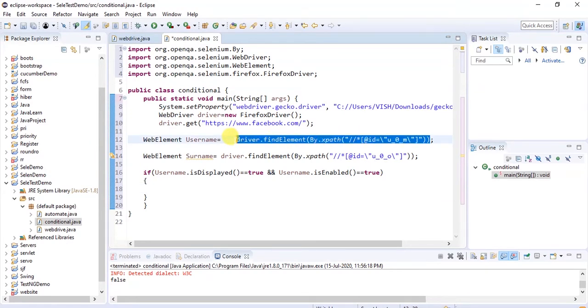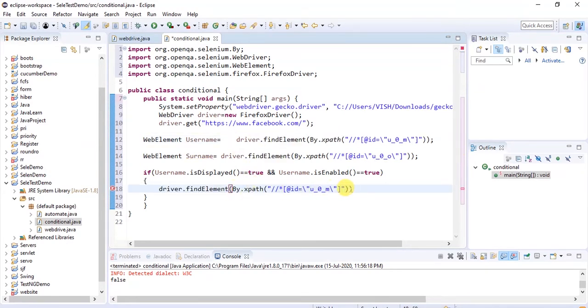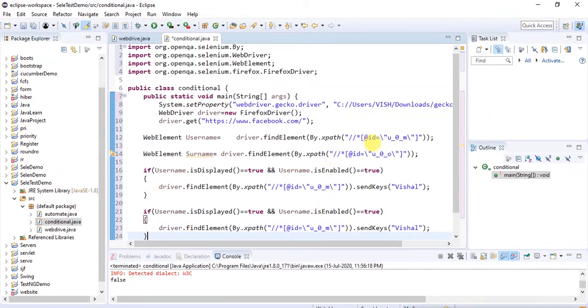Simply copy this, and for that we can use sendKeys. This will enter text in the text field box. Now the same thing we can do for surname also. Simply copy this element and use it in this condition. Make sure that you are copying the element correctly, and for surname, use surname. So this is matching.